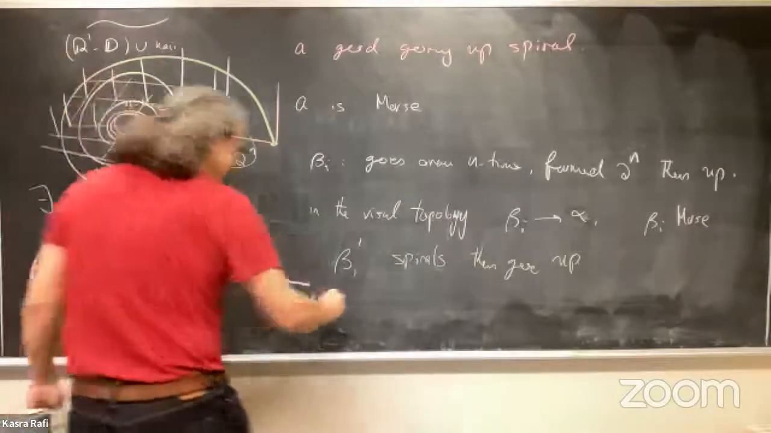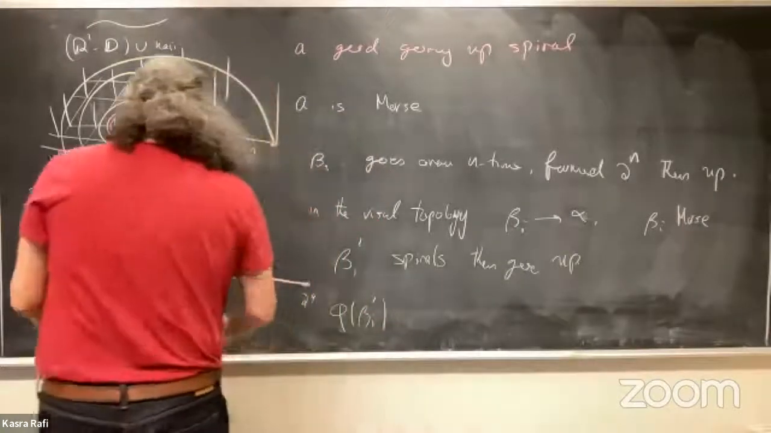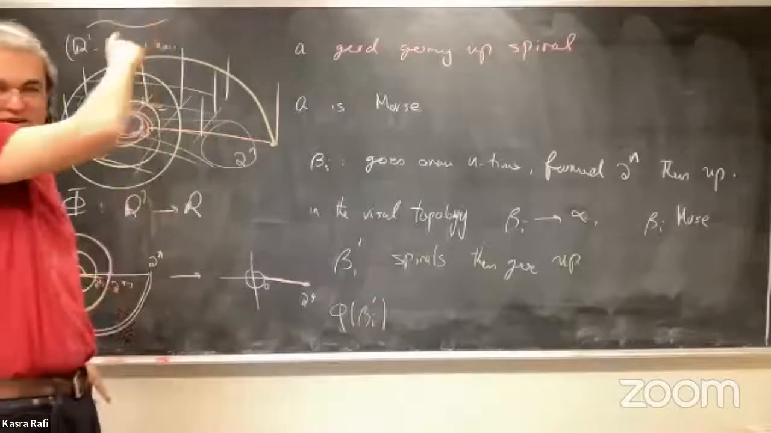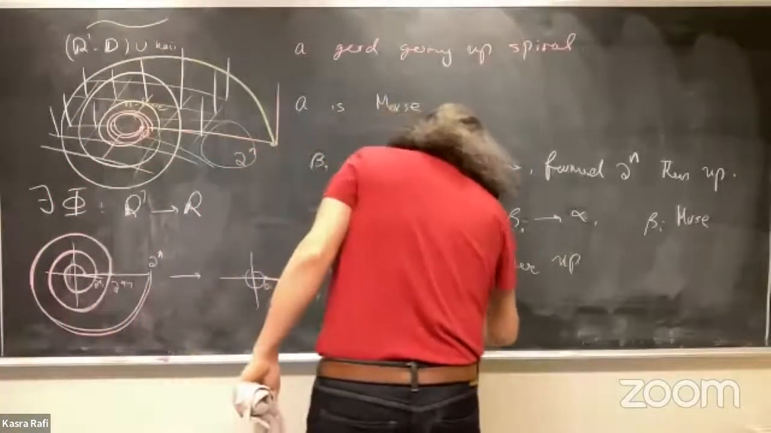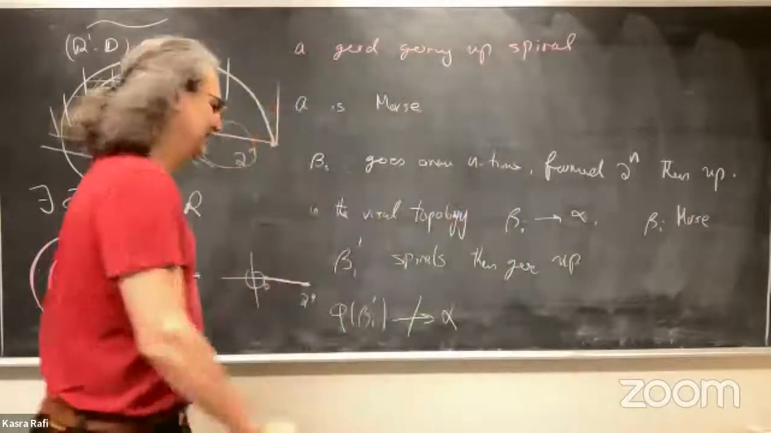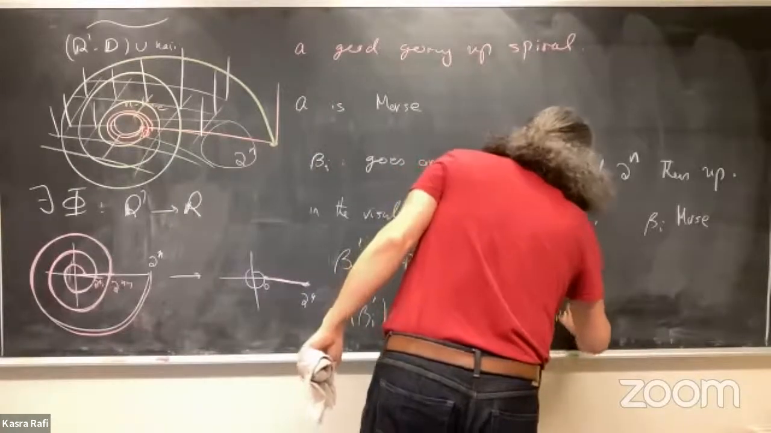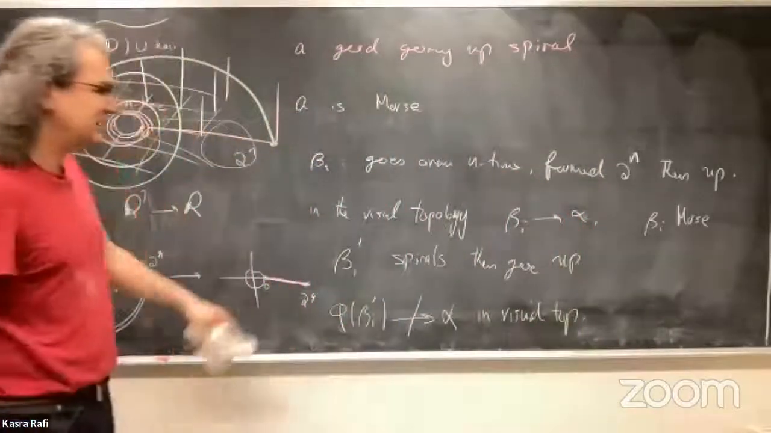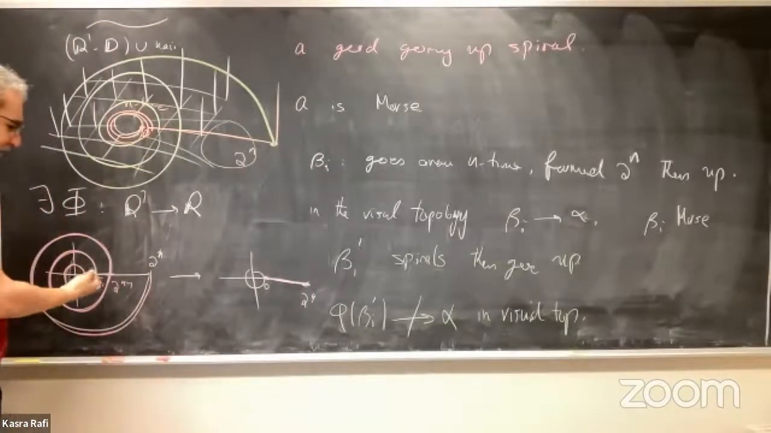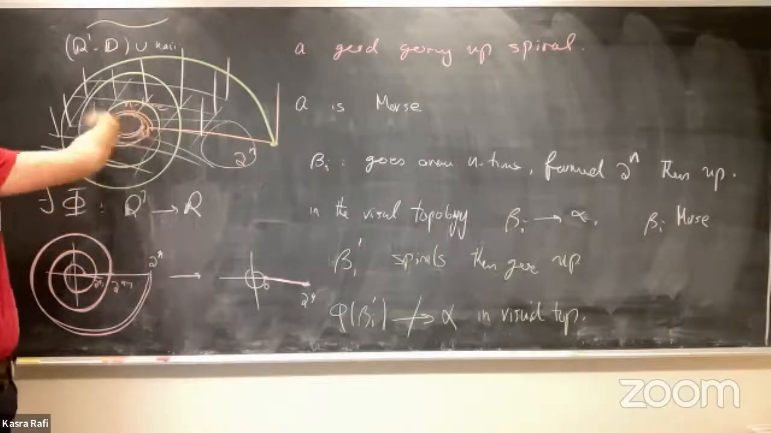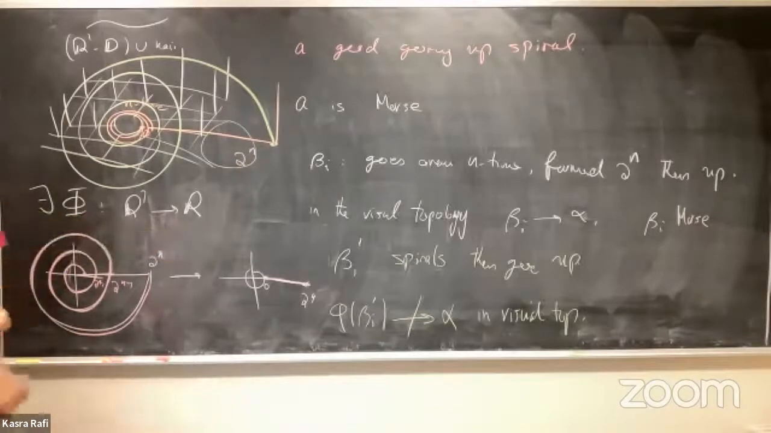But if I apply this phi to these beta i primes, they just become a sequence of straight lines going up and going to infinity, right? Then these guys do not converge to alpha in visual topology. So it looks like if I pick visual topology as my topology, that is not good, because things which look like they're converging in a visual topology can be sent to things which are not at all converging in